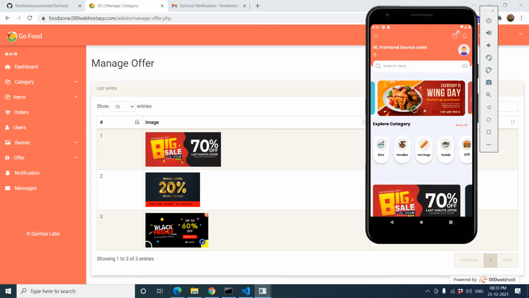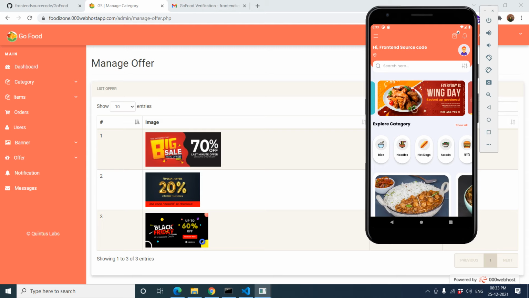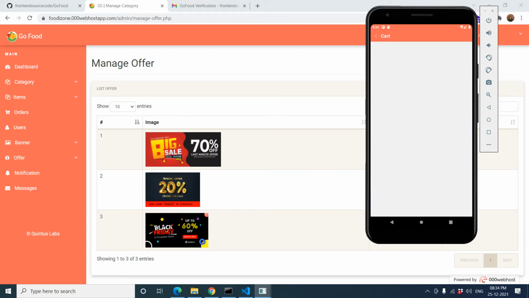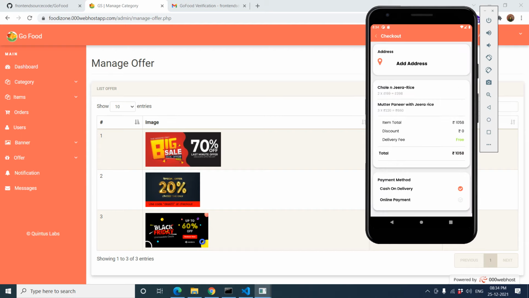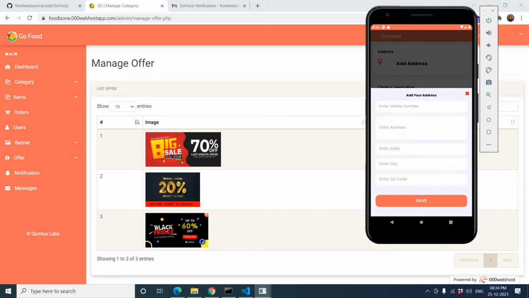So you can go to the cart section. Inside the cart, we have two items. Everything is coming from the database, even this calculation also. So go to the checkout page. You have to add the address. There is no address, so let's add an address.